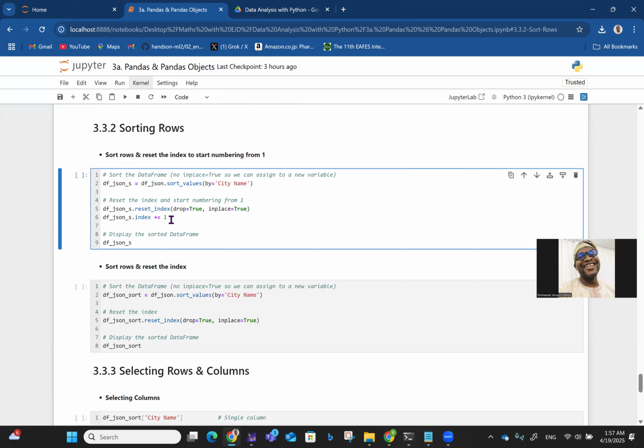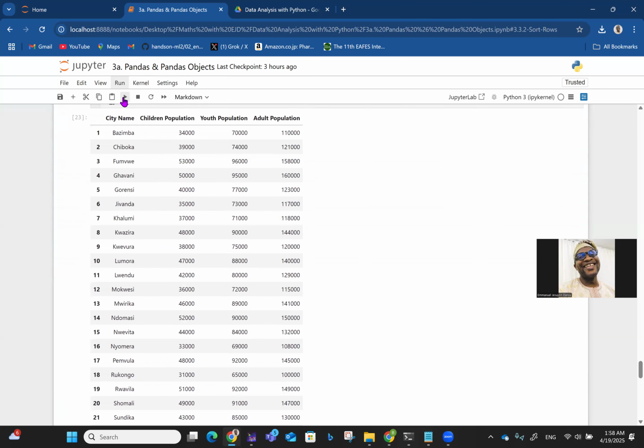In line 6 now we have df_json_s.index plus equals 1. So we want to update each index: 0 plus 1, that's 1, 1 plus 1, 2, and so on and so forth. Instead of having 0 to 29, we now have 1 to 30. And then by the time we display the sorted data frame, that's what line 9 gives us. So you see, we now have